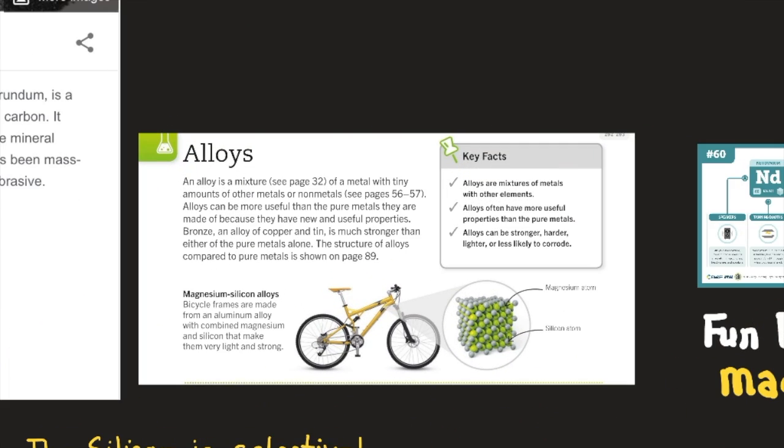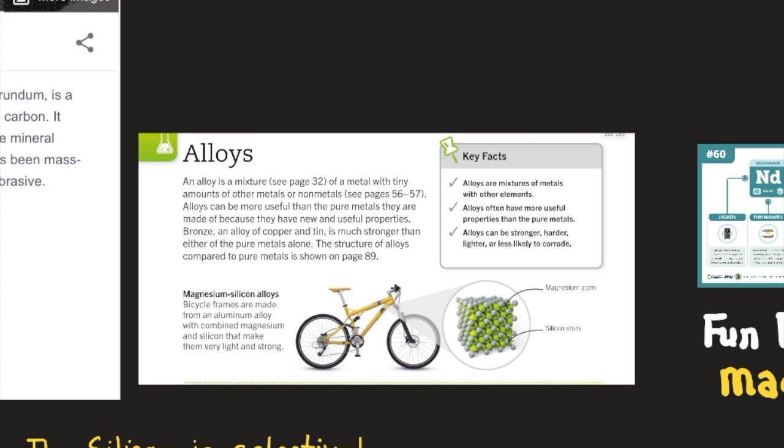Continuing on, an alloy is a mixture of a metal with tiny amounts of other metals or nonmetals. Alloys can be more useful than the pure metals they are made of because they have new and useful properties. Bronze, an alloy of copper and tin, is much stronger than either of the pure metals alone. Magnesium silicon alloys: bicycle frames are made of an aluminum alloy combined with magnesium and silicon that make them very